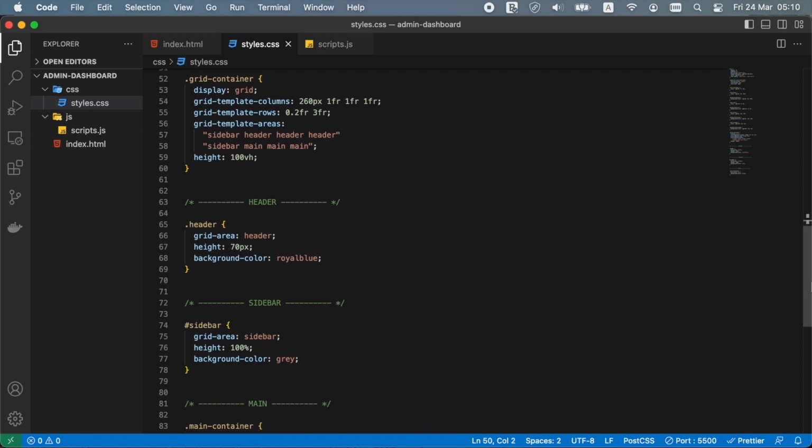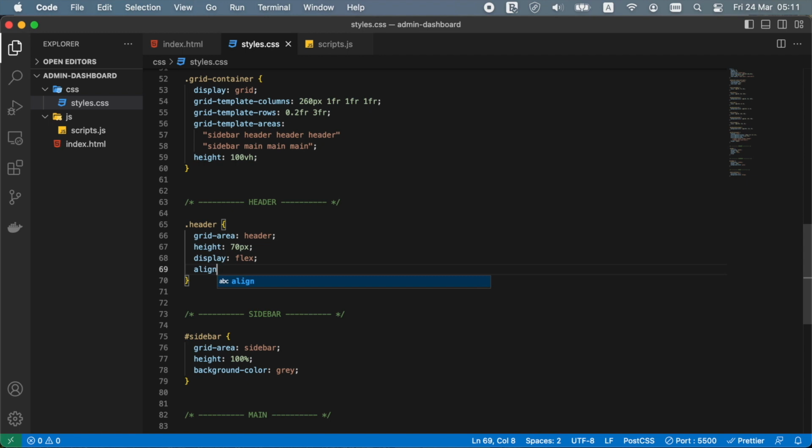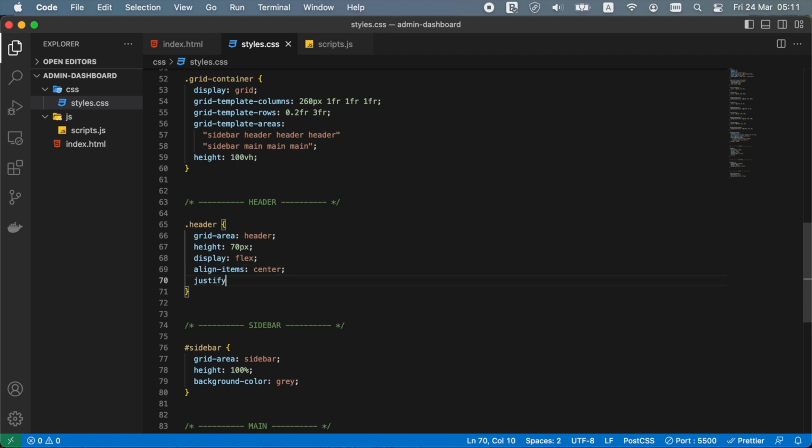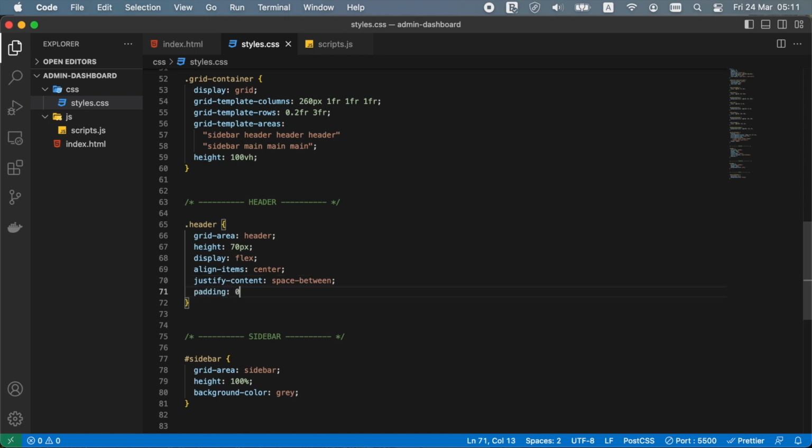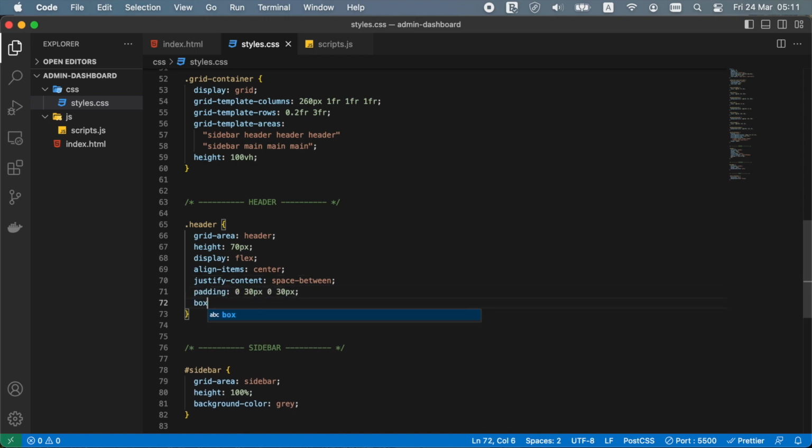Let's also modify the styles of the header, sidebar, and main container. I will remove the background color. I will set the display property to flex, align items to center, and justify content to space between. This setup will allow us to place some items in the header section on the left and some on the right, and we will have some space between them. I will also add some padding and box shadow so that we can have a nice little shadow under the